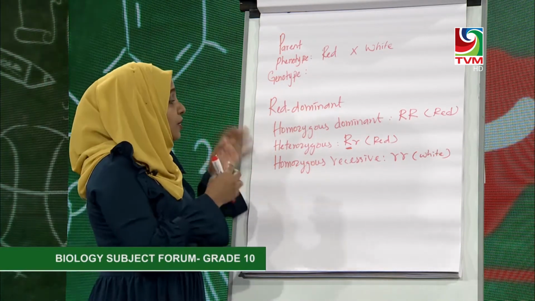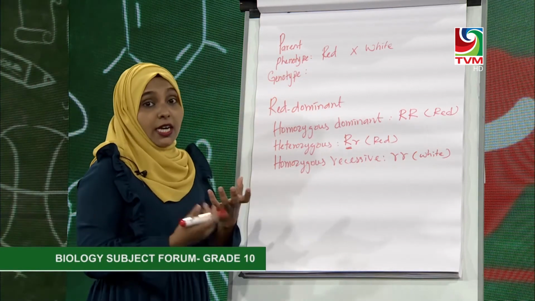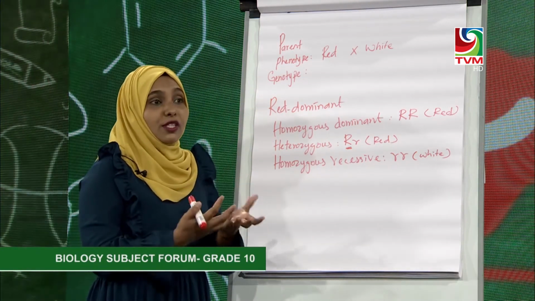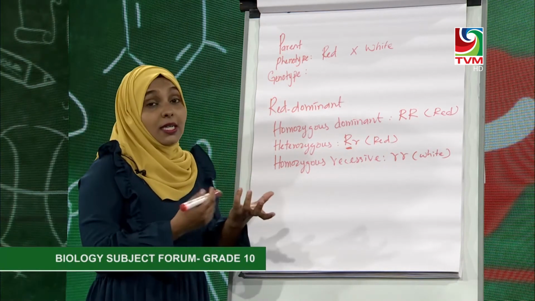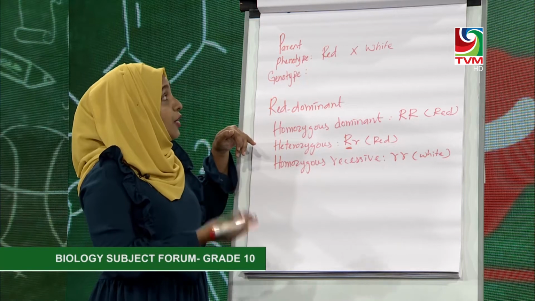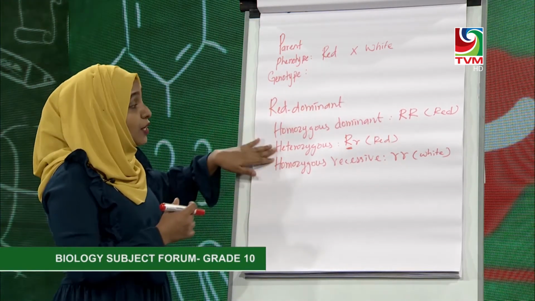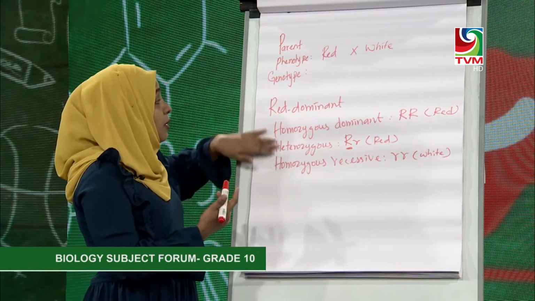So this is about the phenotype and genotype. Phenotype, once again I will repeat, is the physical appearance of the organism. It can be the color of it. For example, in this example, a phenotype is red, white, and for the genotypes, we use three different terms to identify